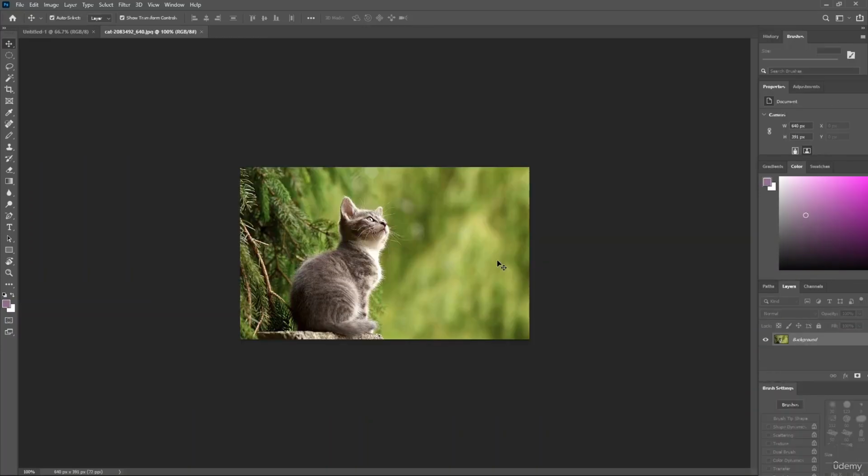In today's tutorial, we are going to explore the essential steps to add images in Adobe Photoshop. Whether you are a beginner or an experienced user, this tutorial will help you master the process of seamlessly integrating multiple images into your projects. Let's dive right in. Okay, so the first thing is, open Adobe Photoshop on your computer, and once